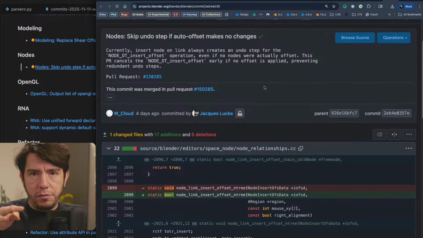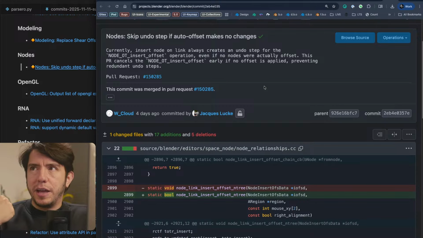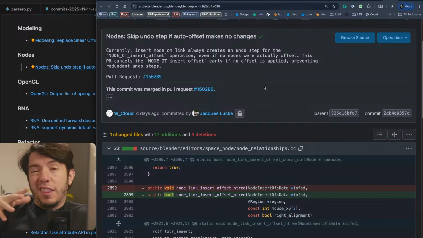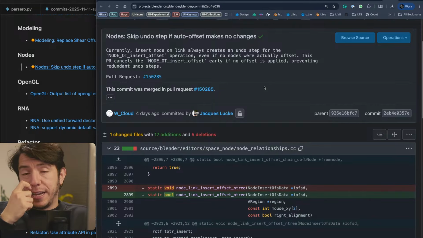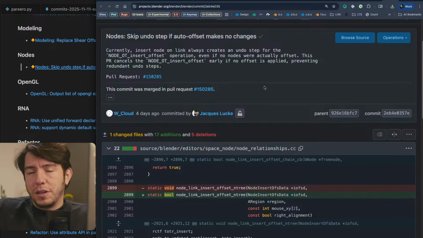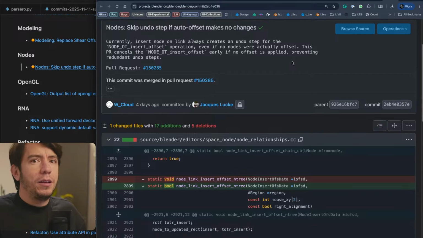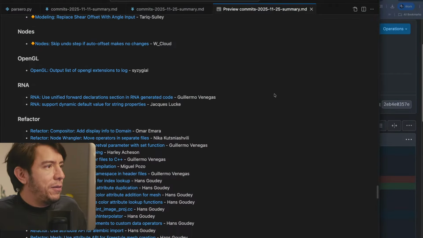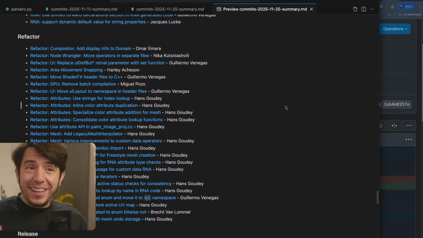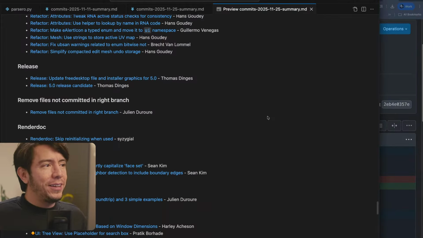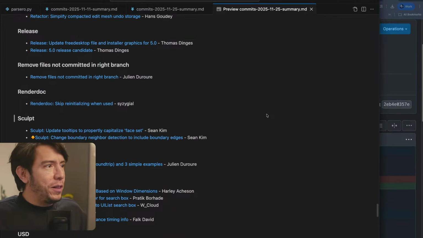So when you press Control Z, sometimes that undo step didn't make sense because it wasn't actually moving the node. So you would undo nothing really. And now it would actually check, hey, am I actually moving those nodes? Am I making room for these nodes? Then I will undo. So small thing, it saves you one undo step when it's not needed. I told you that today's changes were tiny quality of life improvements or performance, which is always welcome.